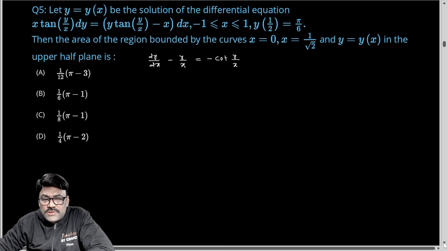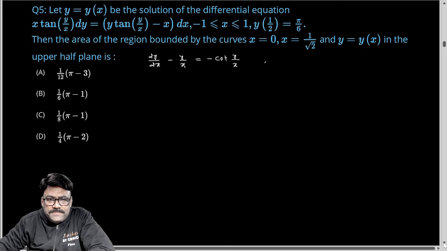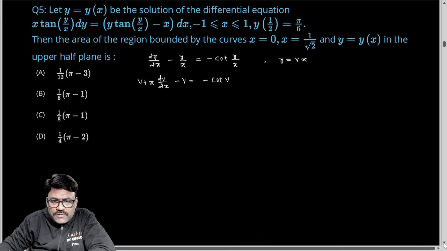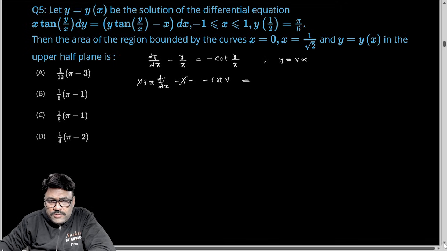And you can see that it is a homogeneous equation actually. Dy by dx is a function of y by x. So you can substitute y is equal to vx. And when you substitute y is equal to vx, dy by dx becomes v plus x dv by dx. Y by x is obviously v, and then minus cot v. So v disappears. And now you can write it as tan v dv